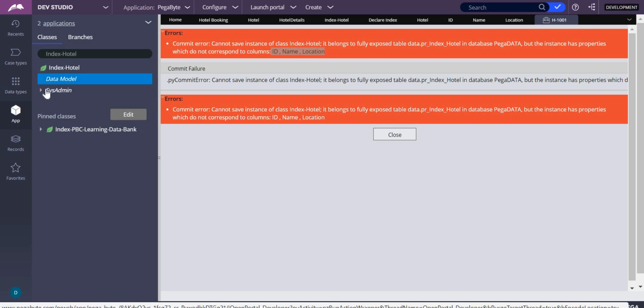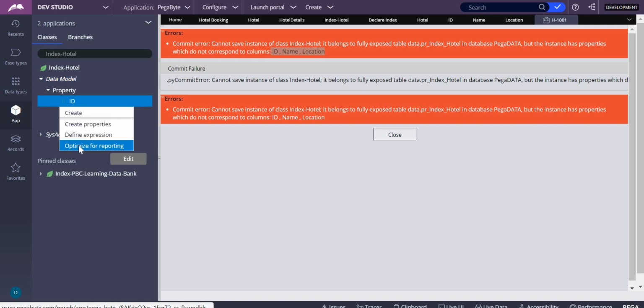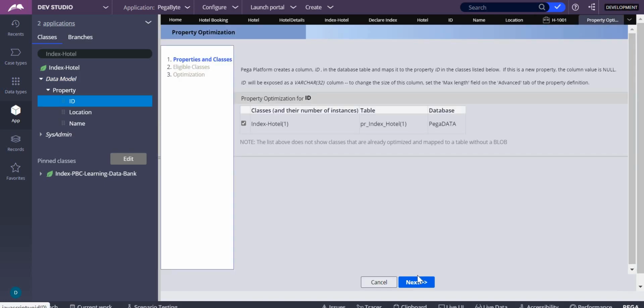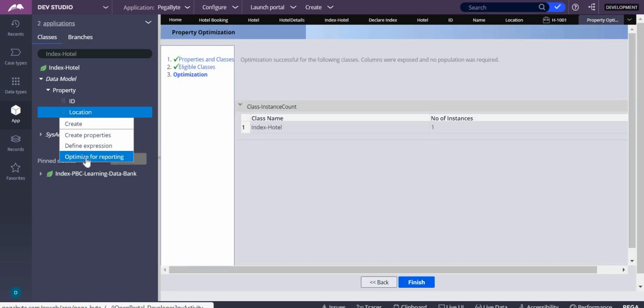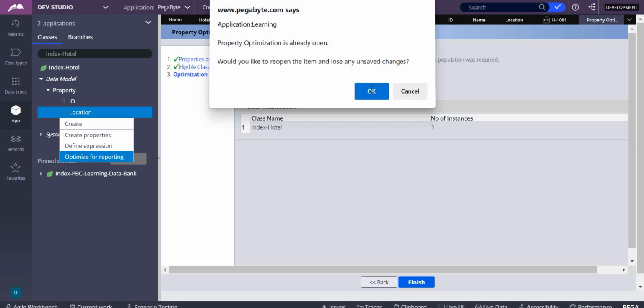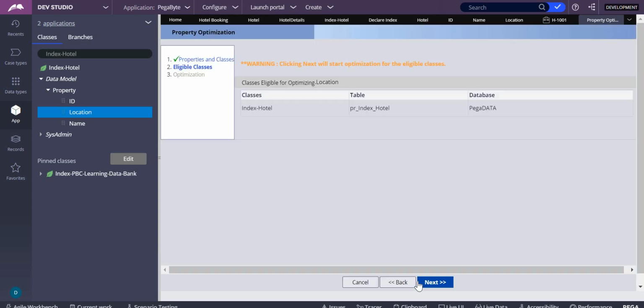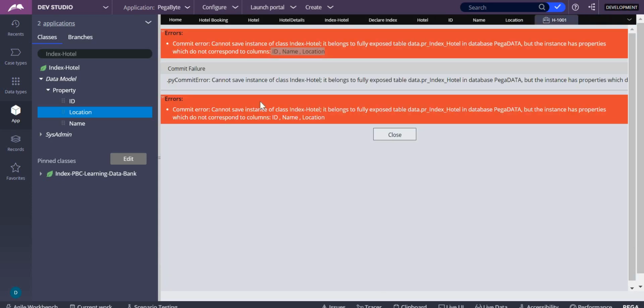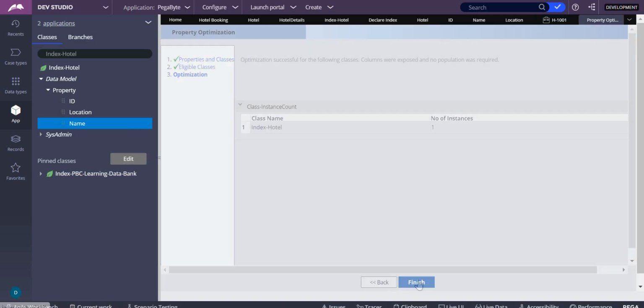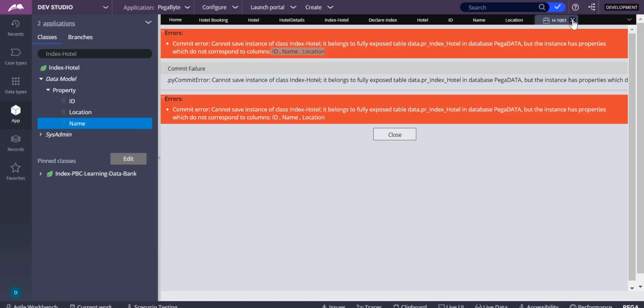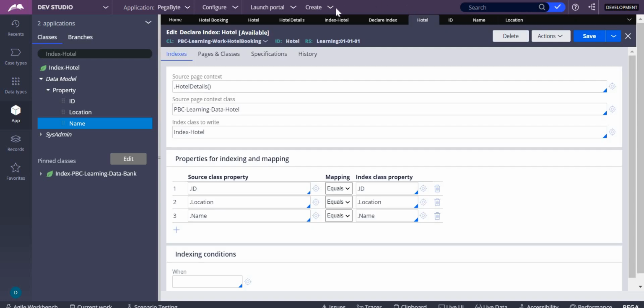To do that, you have to right click on this, optimize for reporting. Optimize for reporting, finish. Okay, so now let's create a case.